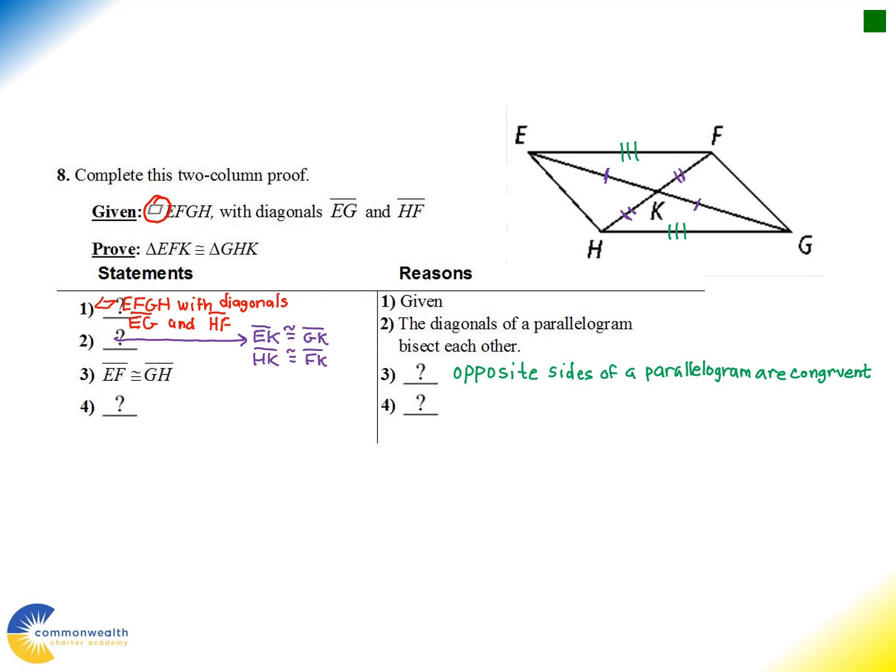That's helpful because I'm on my last statement. We're on statement 4. That should be easy to know what that statement should be, because if this is the last statement in my proof, it should be the thing I'm looking to prove. So it should be the fact that triangle EFK is congruent to triangle GHK. Now the thing I'm looking to do is figure out how I'm going to know that based on what I've already established. And what I established here is I can see that those 2 triangles in question each have,